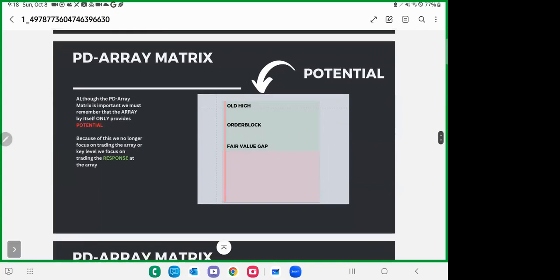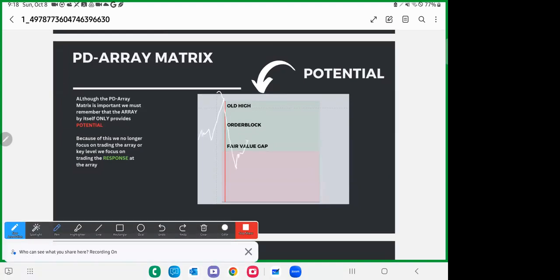Now, although the PD array matrix is important, we have to remember that the array by itself only provides potential. So we're never just looking at an array and saying, oh, there's a fair value gap. When price trades back up into that fair value gap, I'm going to place a limit order entry and pray that price goes short. No. The advancement and the reason that you guys are here is because we're moving from this space of being a novice trader and trading a key level to moving over to mastery,